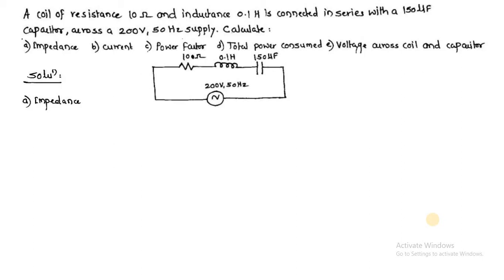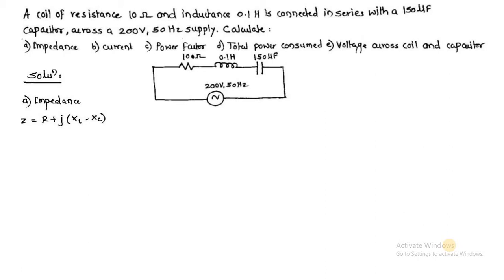So you do not know whether your J term will have a positive sign or negative sign. To identify that, first you calculate XL, that is 2 pi FL, then calculate XC, that is 1 upon 2 pi FC. If XL is greater than XC, what will be your rectangular form of Z? R plus J XL minus XC. Here the inductance is very large compared to the capacitor, because the capacitor is in microfarads. So obviously XL is going to be greater than XC, so I am directly writing Z is equal to R plus J XL minus XC.